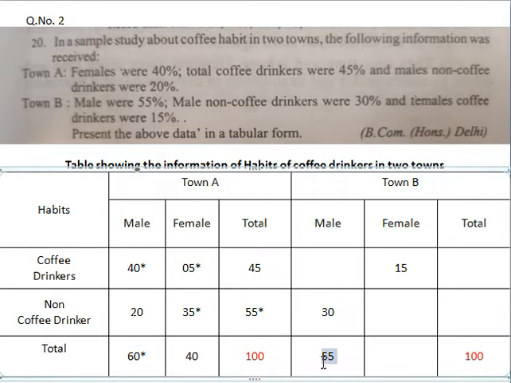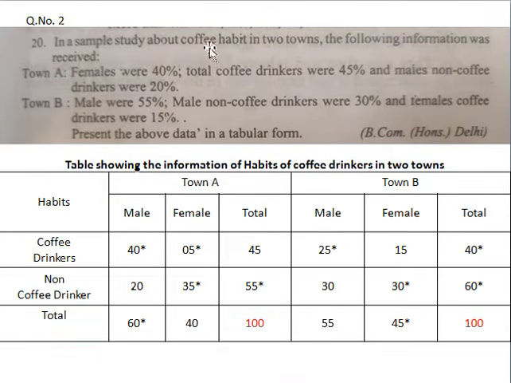Now the rest, you have to find the numbers. So 55 minus this 30, how much comes? 25. So this was computed by you. Star means you computed now. Then 25 plus 15 equal to how much? 40. 100 minus this 40 equal to how much? 60 computed. Then 100 minus 55 equal to how much? 45 computed. Now calculate: 60 minus 30 or 45 minus 15, on both sides it is 30. So this was the answer for you, right?